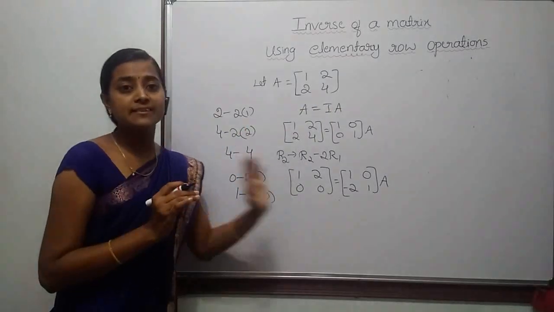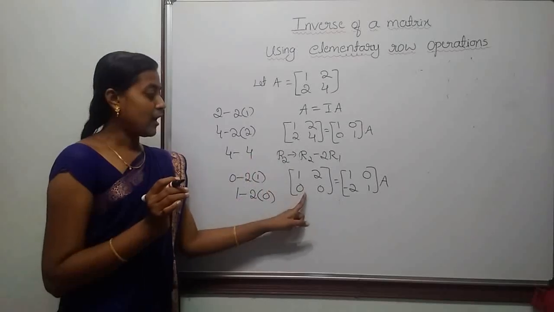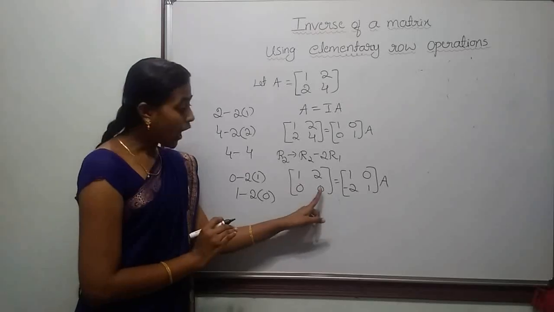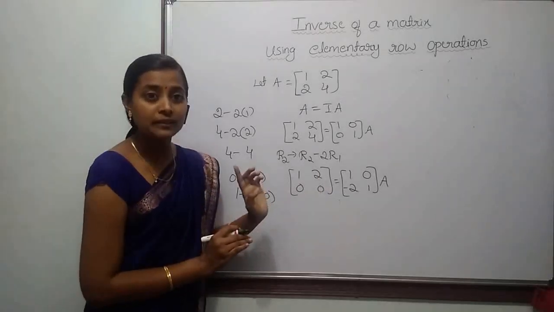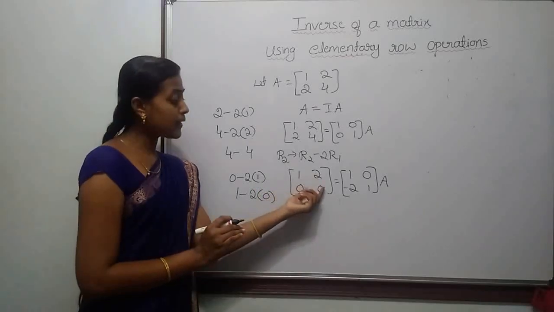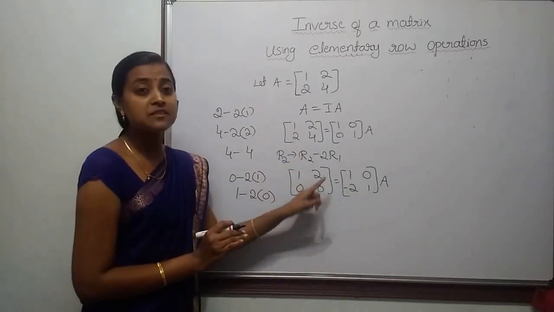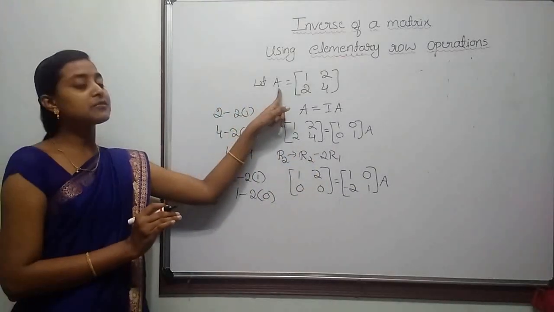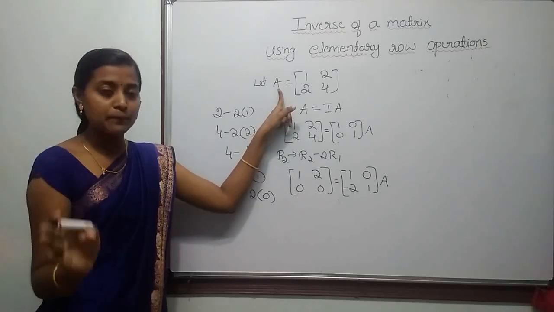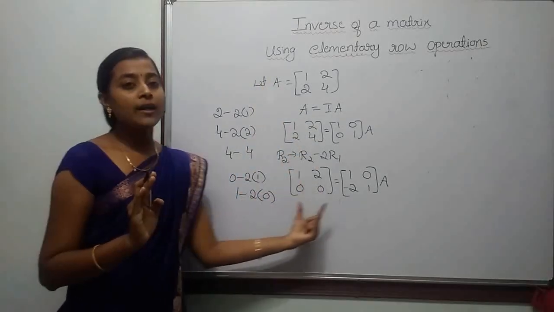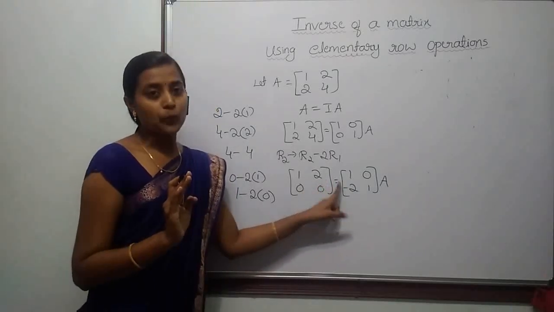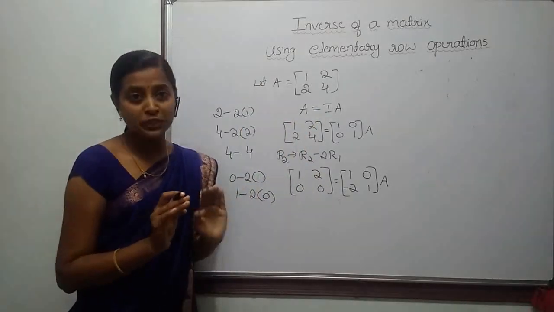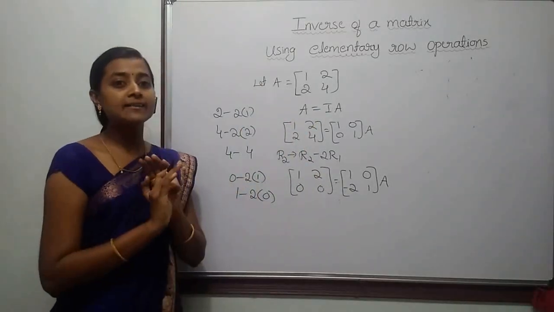Why we say this inverse doesn't exist? Observe here. After completing the second step, we have to make the third step 1. How can you reduce this 0 to 1? It is not possible by applying any row operations to reduce this 0 to 1. So we say it is not possible to find the inverse, and the inverse of the matrix does not exist. Remember, if all elements of any row are 0 after applying one or more operations, then the inverse of the matrix does not exist.